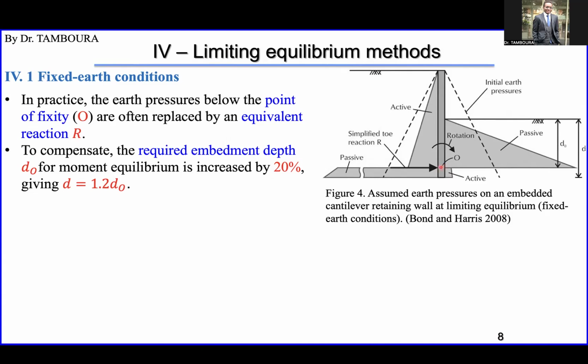If you want to simplify it, you just go to this one, D, where D is D0 plus 20%, meaning 1.2 times D0. So to compensate, you replace this, but the embedment D